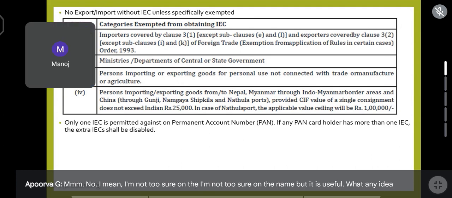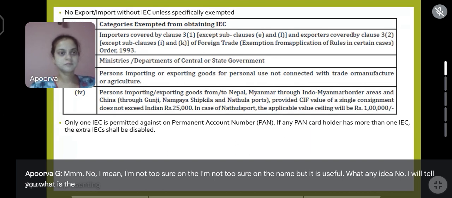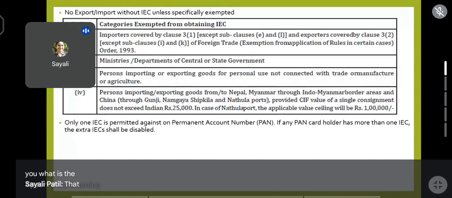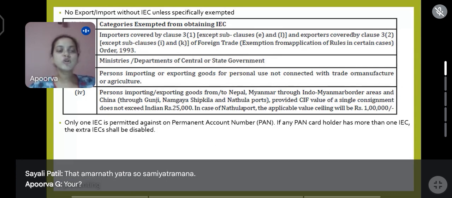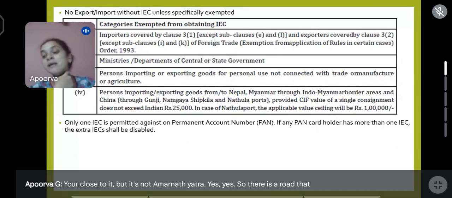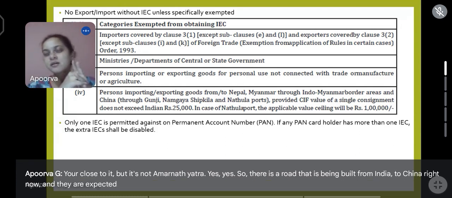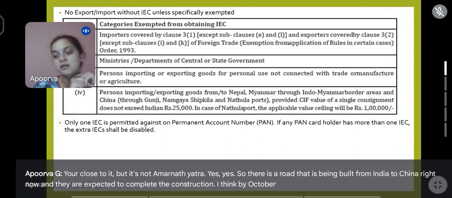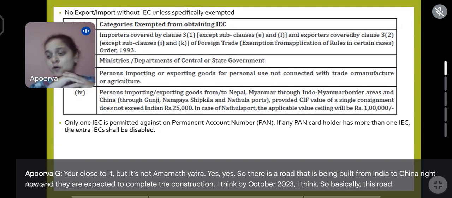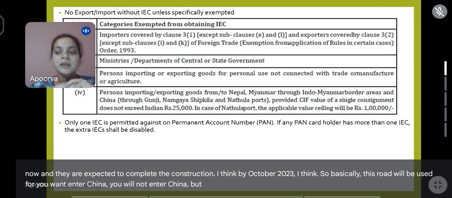Trading? No. I'll tell you. Amarnath Yatra? Some yatra. You're close to it, but it's not Amarnath Yatra. Mansarovar. Yes. So there is a road that is being built from India to China right now, and they are expected to complete the construction by October 2023, I think. You won't enter China with this road,